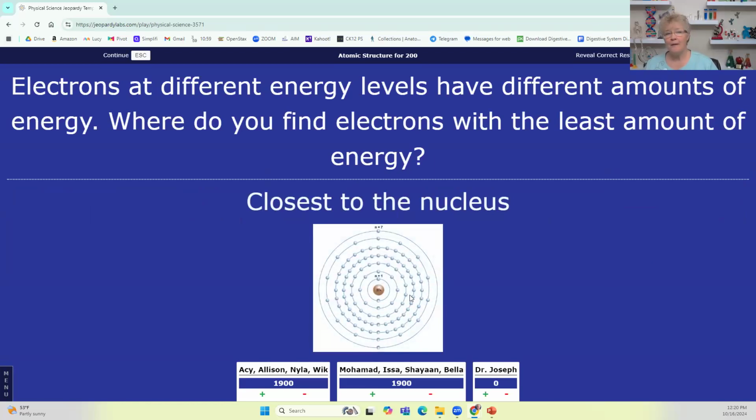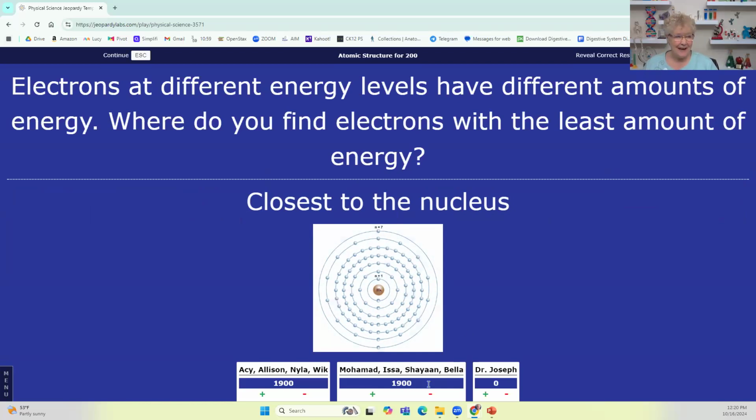So the way I like to remember that is I think of electrons as being kind of homesick, and they like to be real close to home. It takes way less energy to be at home, doesn't it? When you're at home, you can relax, you can put your feet up, you can be a couch potato, but the farther you get from home, the more energy it takes, right?